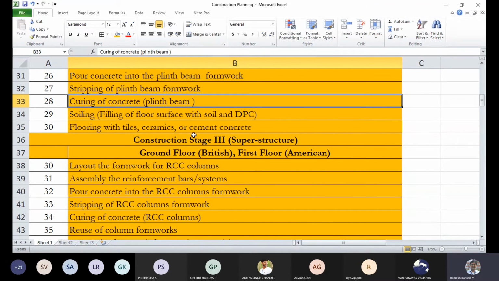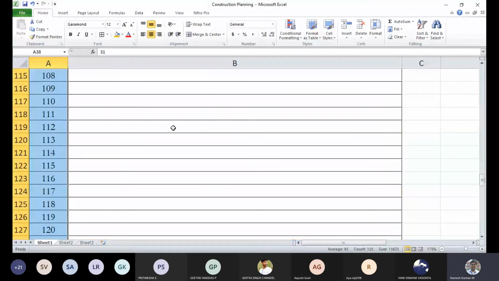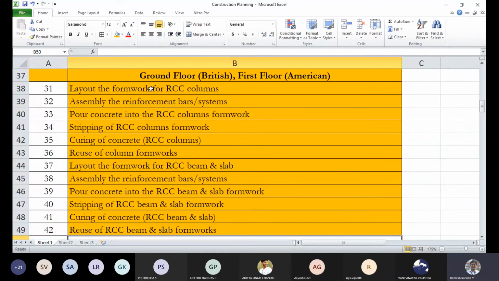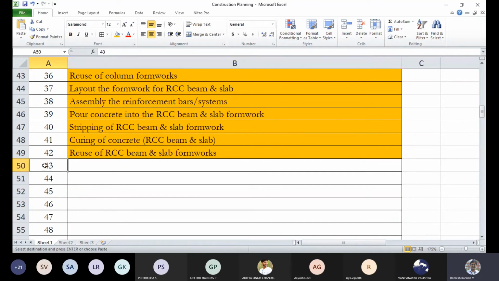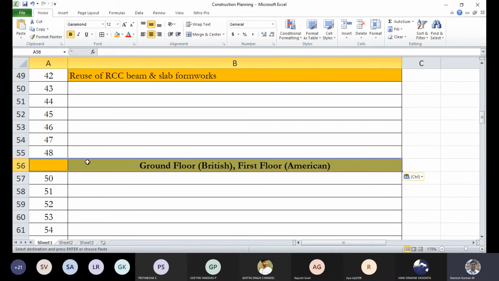So once that is ready, they'll generally go for columns, because they cannot stamp on the fresh concrete floor, something like that. So this will be the one. Then this becomes the superstructure, and the next one will be, we'll leave some gap here, and I'll let you know why we left some gap. Then this will become first floor,